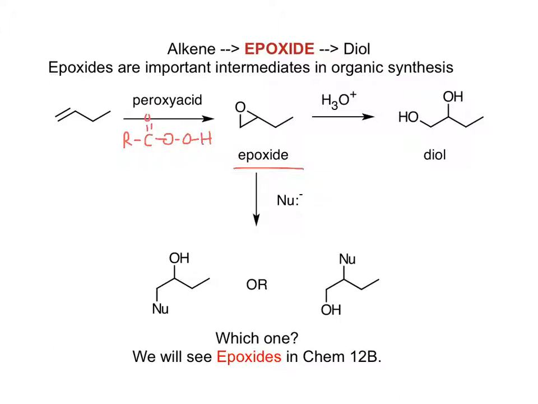An epoxide can form a diol, and it can also react with a nucleophile in a substitution reaction to form one of those products. Which product do you think forms? Stop the video and think about that. And the answer is,